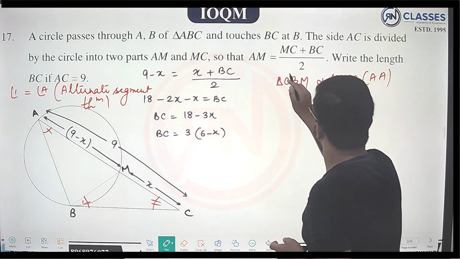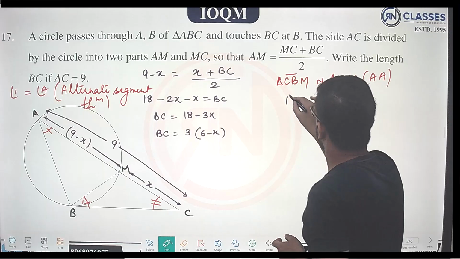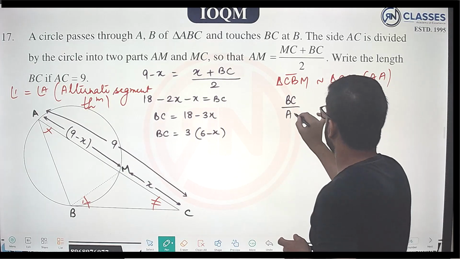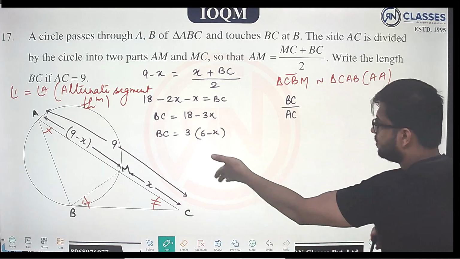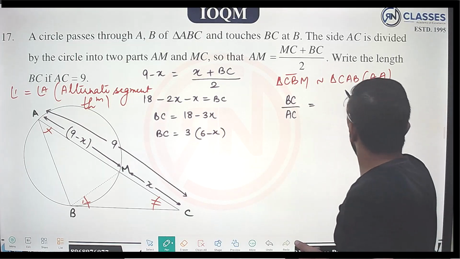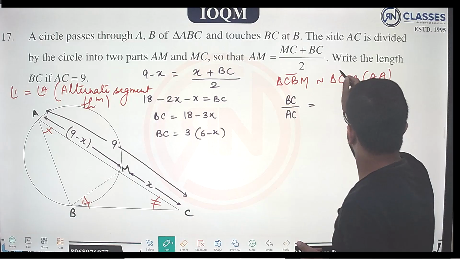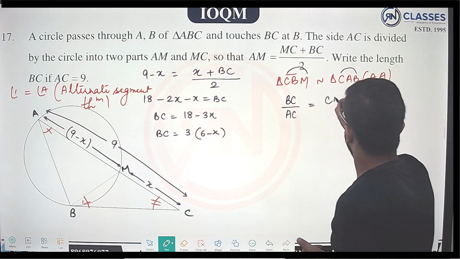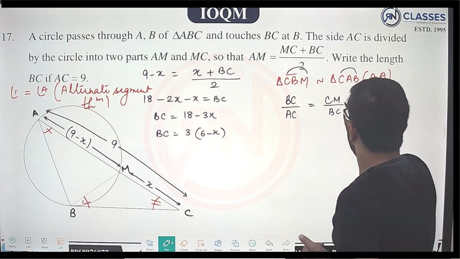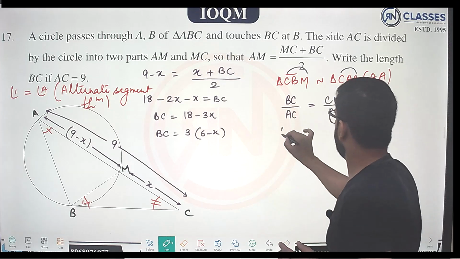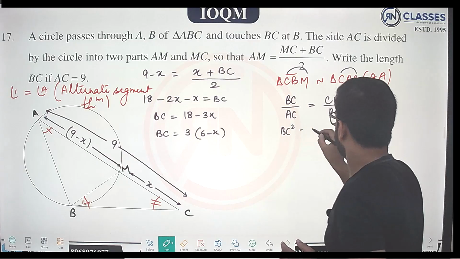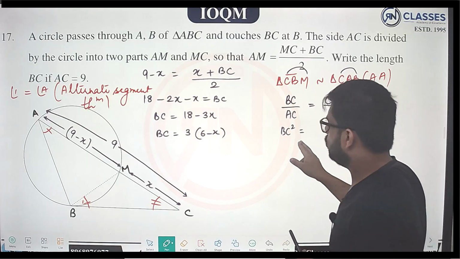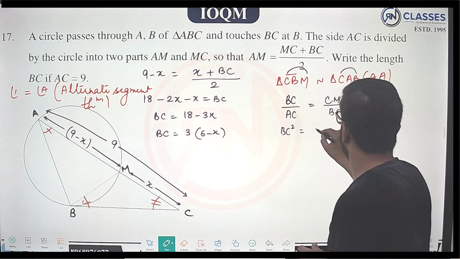अब मेरे को तो चाहिए BC, दो तरफ से आ रहा है, मतलब कि मैं एक BC यहां से उठा सकता हूं, मैंने इसको लिखा BC, अगर BC लिखा तो यहां से AC उठाना पड़ेगा मेरे को, चलो कोई चक्कर नहीं, उठा लेंगे, AC तो मेरे को वैसे भी पता ही है। यहां से भी BC उठा लेता हूं, BC मतलब कि यहां से CM उठाऊंगा तो यहां से BC मिलेगा, तो मैं यहां पे CM लिख लेता हूं, यहां पे BC लिख लेता हूं, BC मुझे चाहिए भाई, BC स्क्वायर, ठीक है, BC स्क्वायर इज इक्वल टू किसके बराबर आएगा, AC इंटू CM।